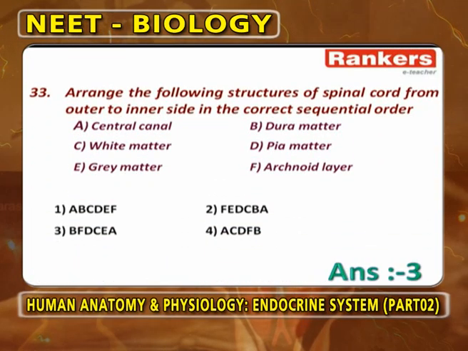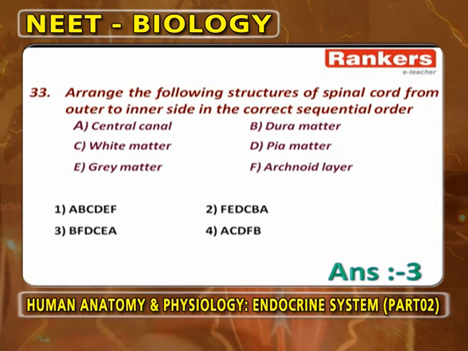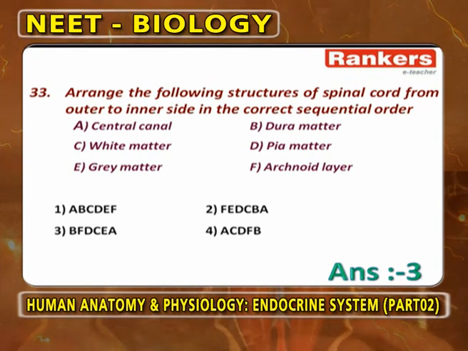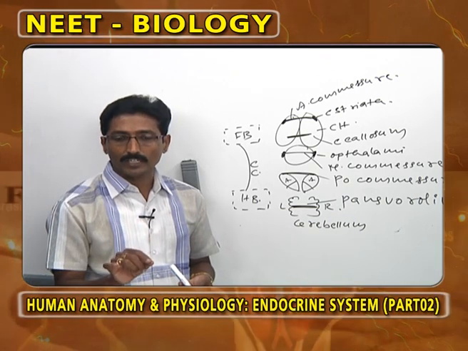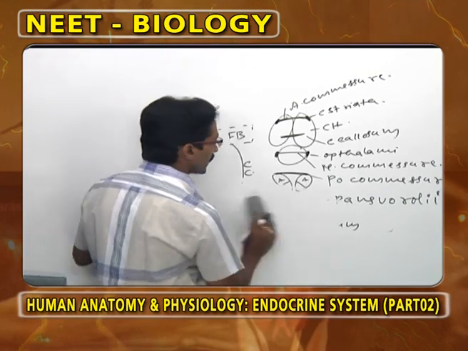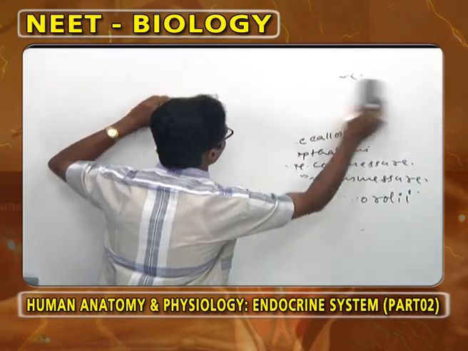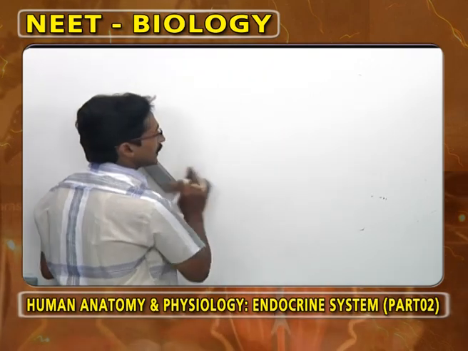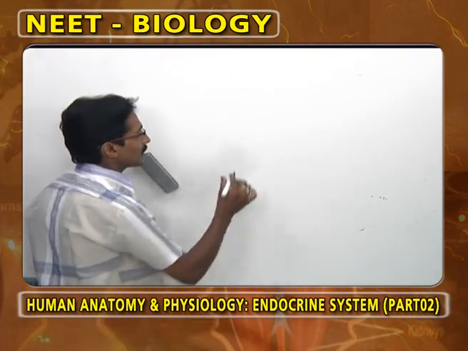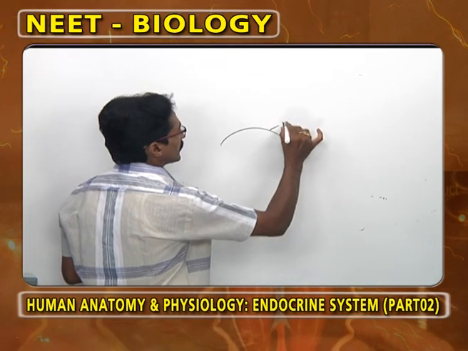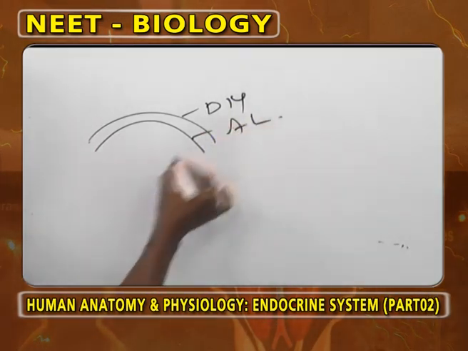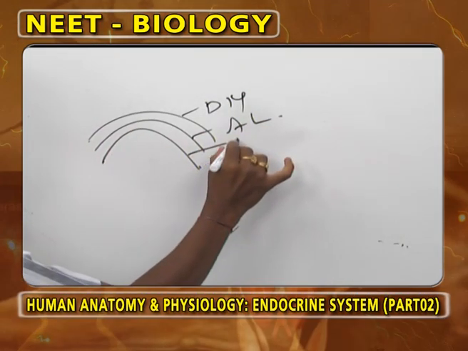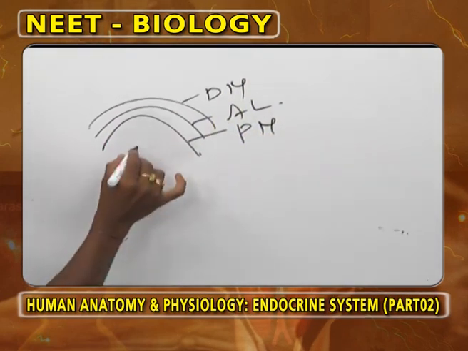Arrange the following structures of spinal cord from outer to inner side in the correct sequential order. Here we are asking regarding the spinal cord. As we observe in mammals, three meninges are present. This one we call the dura-mater. The dura-mater is followed by the arachnoid layer, and this is followed by the pia-mater, and this one we call